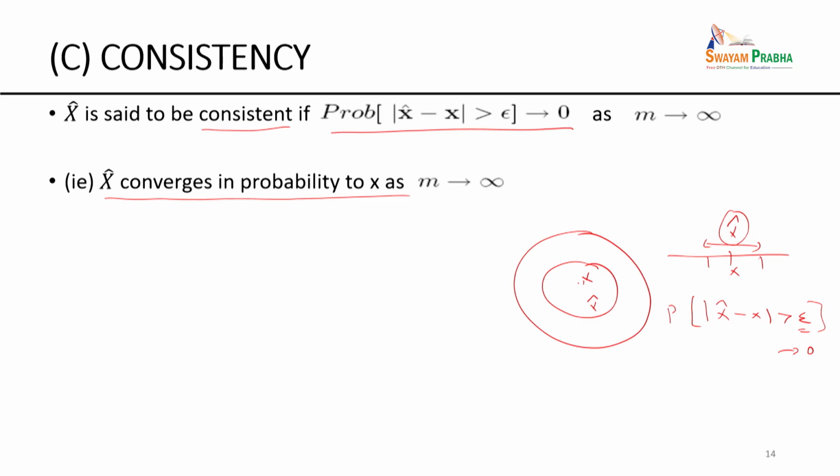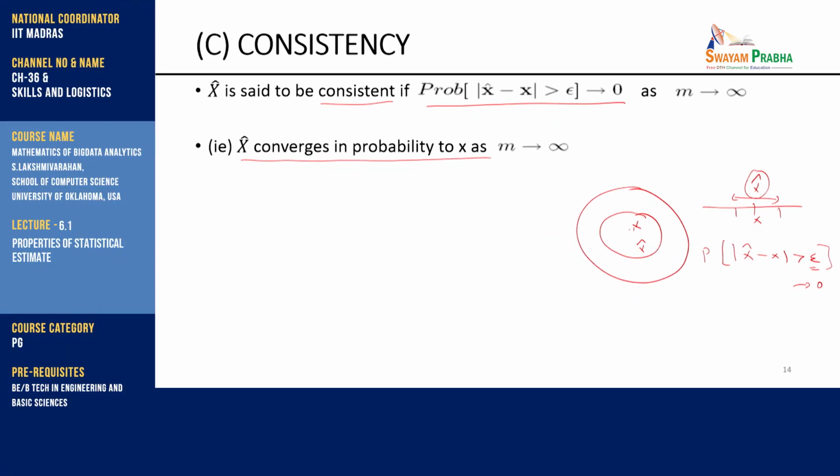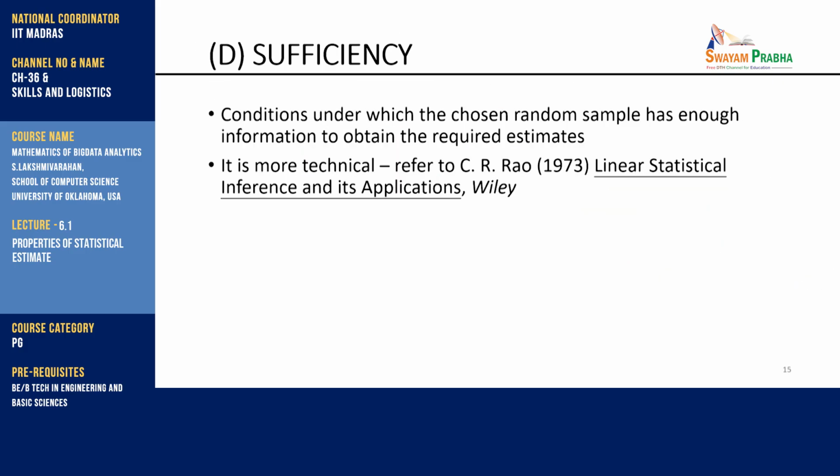I have not covered probability theory, the mathematical prerequisite, in my lectures. I am assuming that you have had some good exposure to basic probability theory and basic statistics. So consistency of estimate, relative efficiency of estimate. What is the most efficient estimate? Why unbiasedness? So we have been thinking of all these ideas.